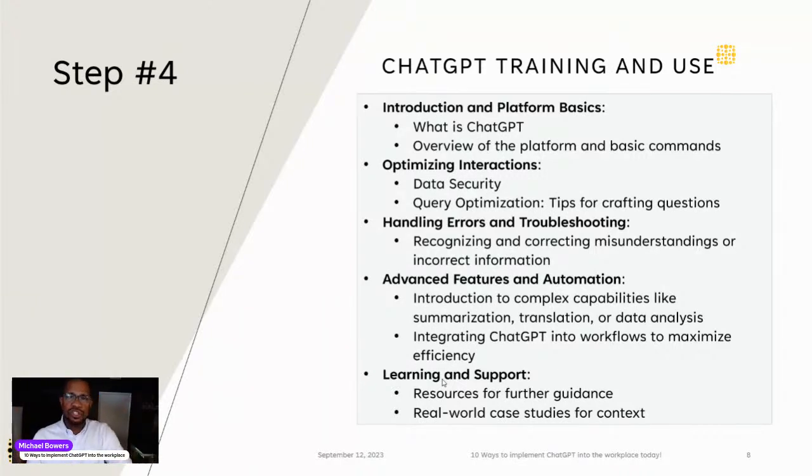And then how to do it, versus just very shallow questions. So training them how to use it, how to ask the right questions to get the right responses and prompts, which we're going to go into a little bit in the upcoming steps. But training is the first thing. Policies, so let me take that back: policies are first, and then train them on how to use it.